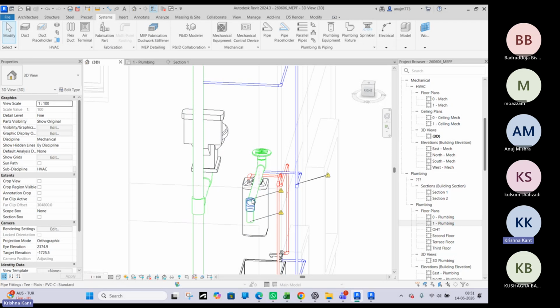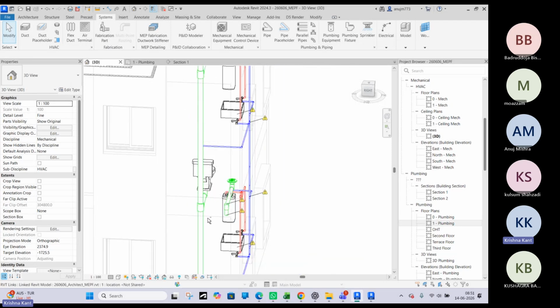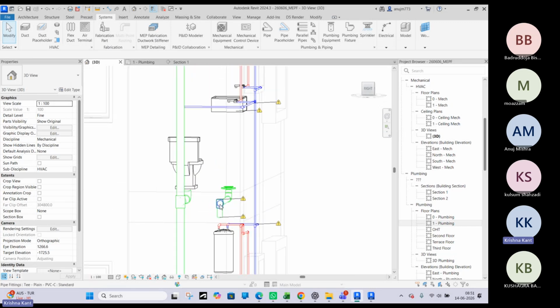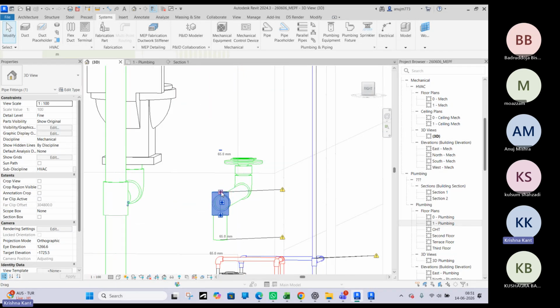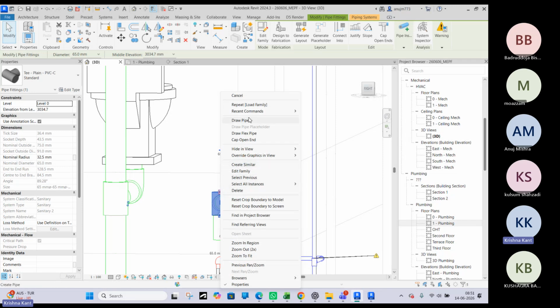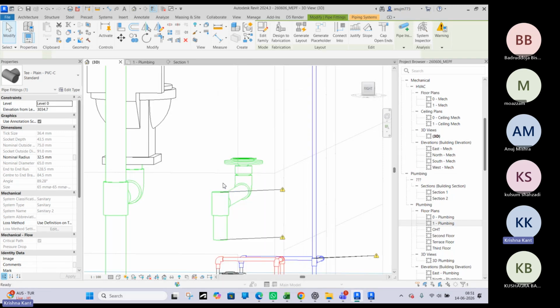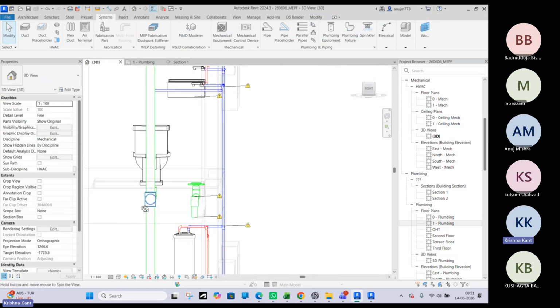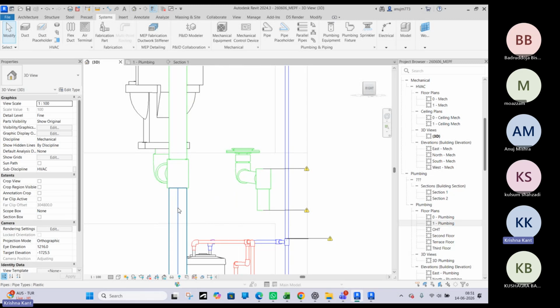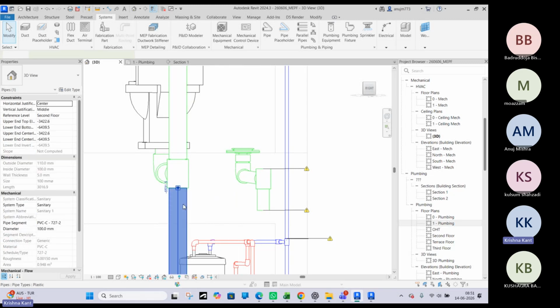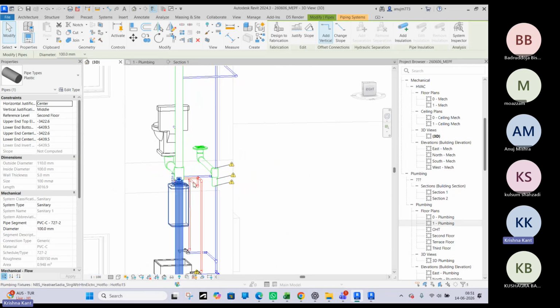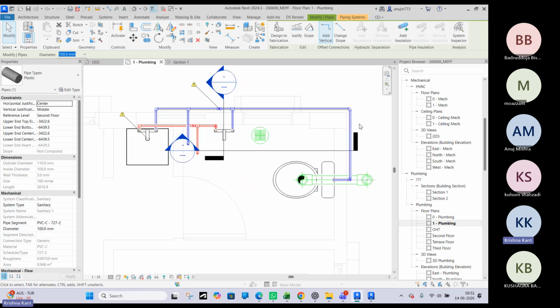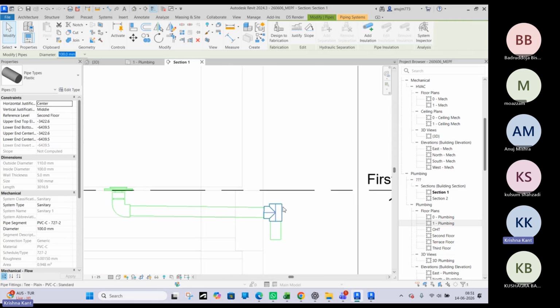Okay. So we will not provide it directly to this pipe. I can show you if you want to connect, because in some projects the client will not ask you to provide it separately, because that will be costlier. So in that scenario, you can connect it from this pipe only. Now the point is how to connect at this point. That is a task. So when we go to this section,